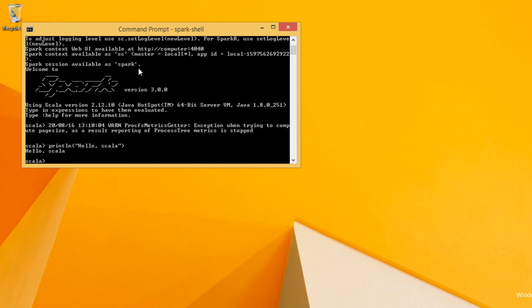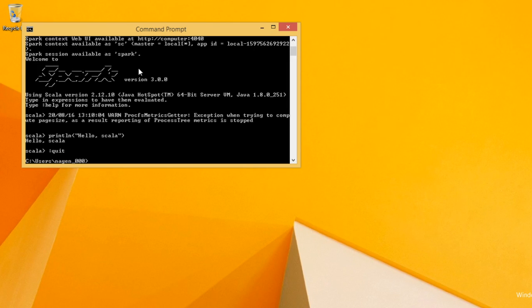So let's see how that can be done in Spark. There may be many ways to do it. The one I prefer is reading a file. Let's see a simple one. Let's close this, Control D to quit it.